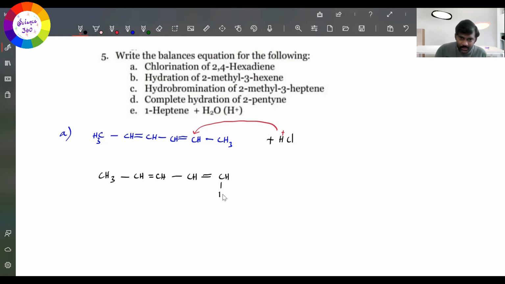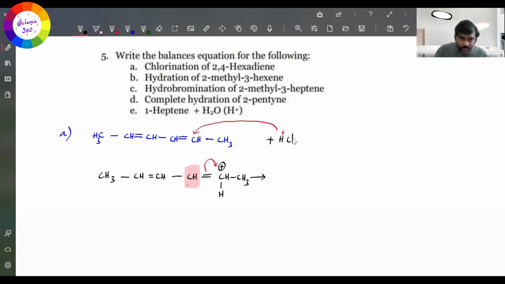So here I'm attaching the H plus ion. Once the H plus ion is attached, the positive charge will come onto the carbon, because the electron density from the carbon is taken. So this sigma bond is now supposed to move towards the positive charge, to reduce that positive charge. So now what will happen? The next carbon, the alpha carbon, gets the positive charge. What is the alpha carbon? This is the alpha carbon we have. So the positive charge will be shifted to this carbon.